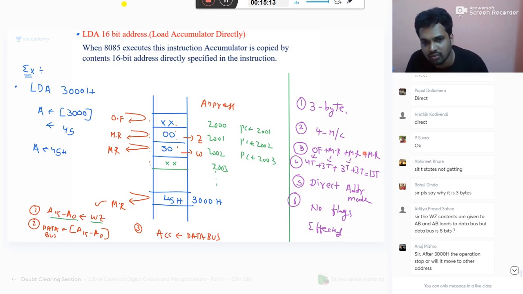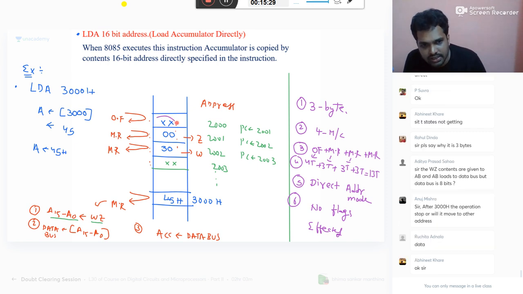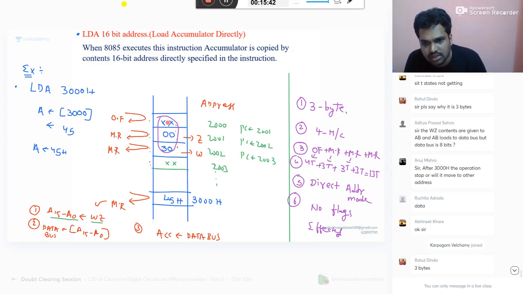Contents means what is there in the memory. Rahul, this blue color part is your instruction. How much size is required for the instruction? I'm not saying the outside part. This is your program. This is the external part of the program. In the program, how much size is required? That's all.